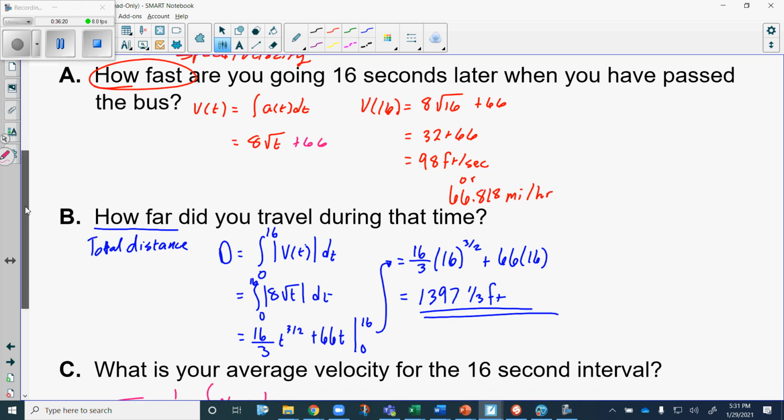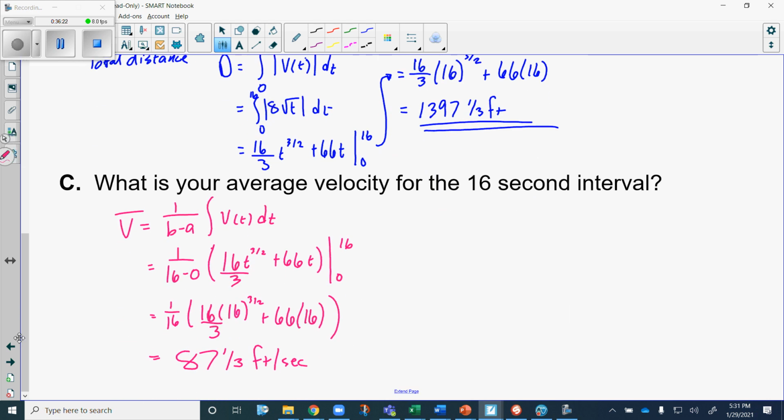On the last one here, the average velocity formula that I'm using is just 1 over the difference of the upper and lower bound, 16 minus 0 in this case, times the integral of the velocity function. And the antiderivative of the velocity function is the same one we had in the last example, 16/3 times t to the 3/2 power plus 66t. And in this case, the displacement and the total distance that we traveled happen to be the same thing,